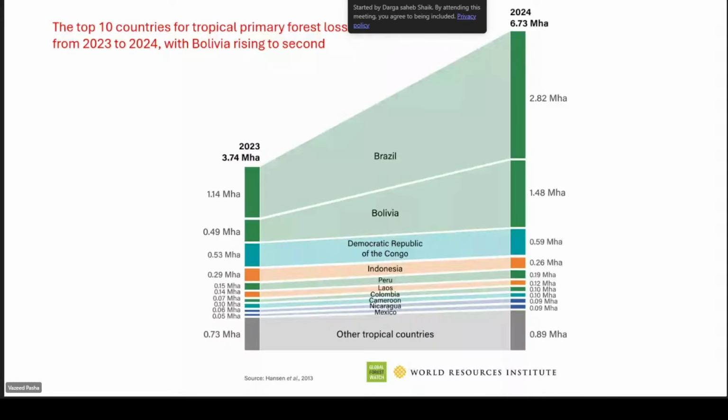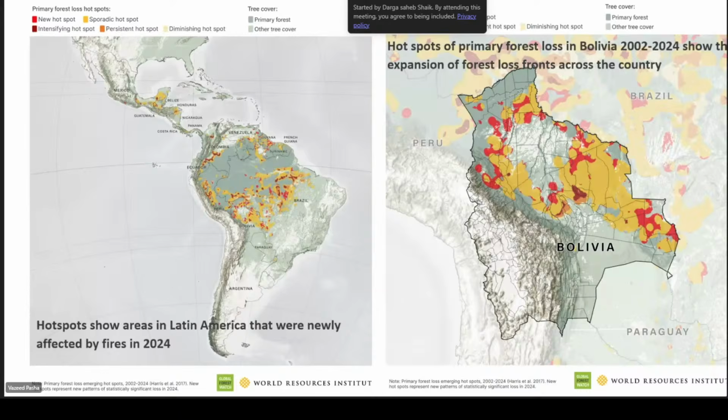Now you can see how remote sensing can help with decision making. The hotspots show the Latin America areas that were newly affected by forest fires. Once you have data and remote sensing technology and combine the two, you can identify the primary loss of forest: new hotspots, sporadic hotspots, and persistent hotspots, meaning that area is continuously losing forest.